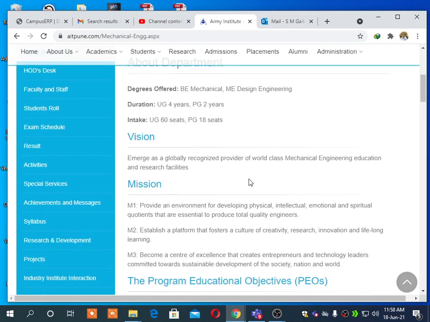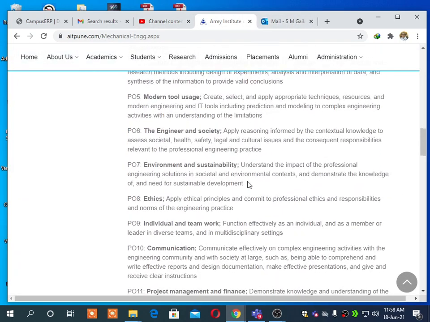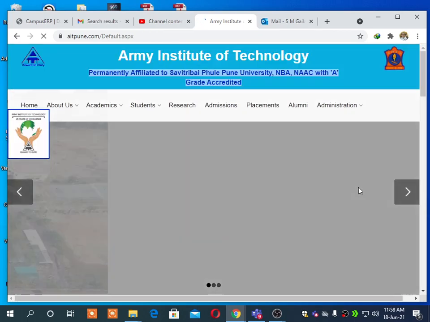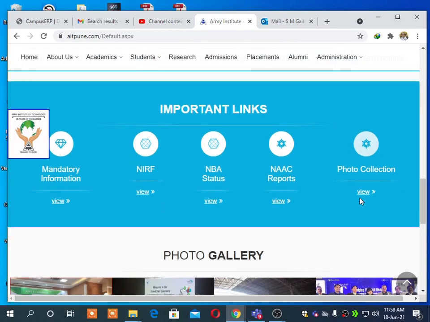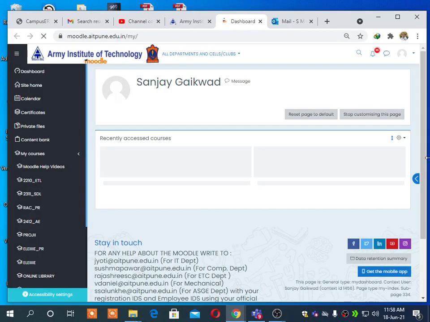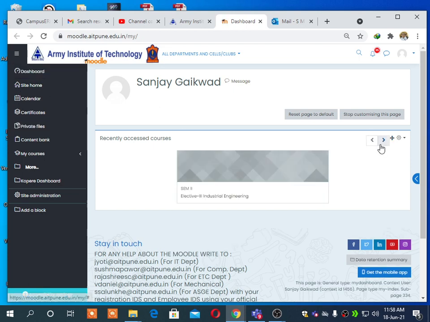Today we will see how to do plagiarism check of our project on Moodle. So we will go to the Moodle website, that is ELMS. Once we reach the Moodle website, on the dashboard there is a project for mechanical.